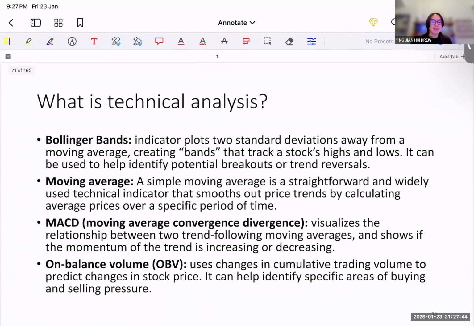Again, we're not going to cover this. You can just read through on your own. Something new about this module this semester is that we are actually going to do some calculations to calculate things like moving averages,